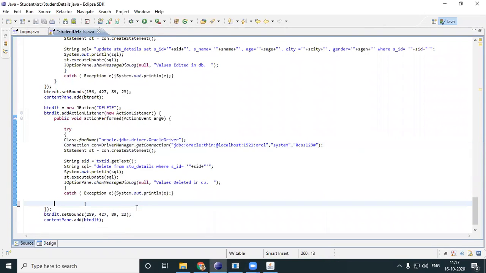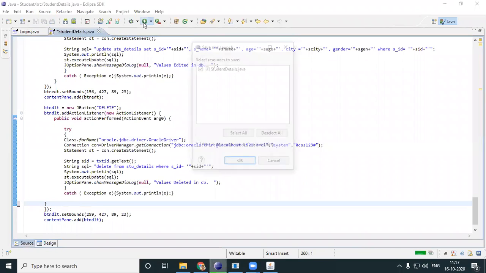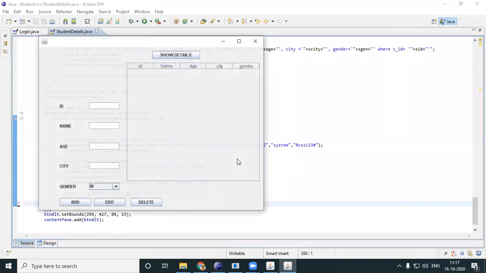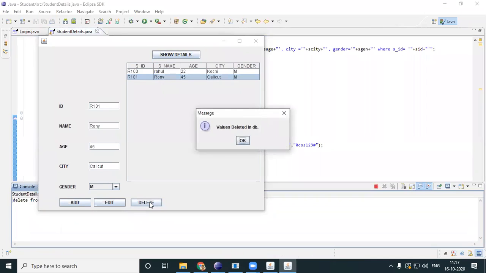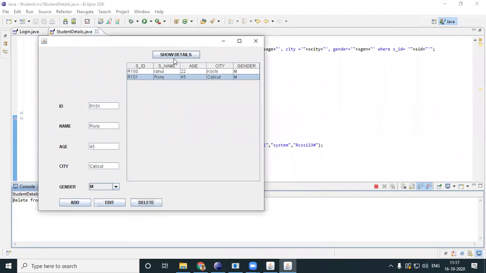Okay, I didn't update my J table. Look here. Ronnie, I'm deleting Ronnie away. Now, like Ruben told, if you click show tables again, yeah, that is also fine.